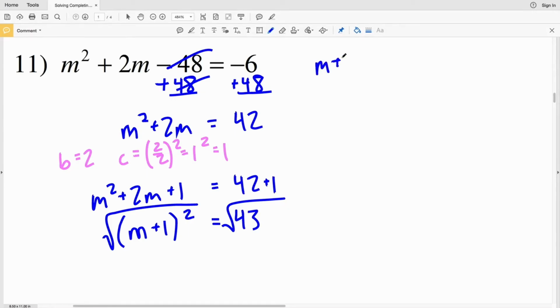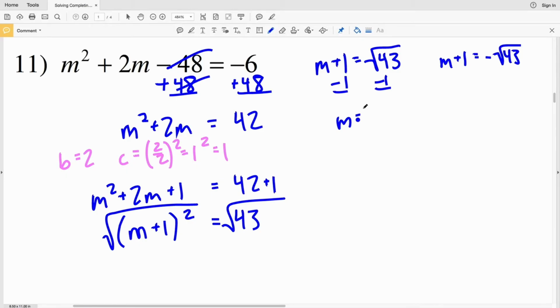So I'll have that m plus 1 equals the positive square root of 43, and m plus 1 will equal the negative square root of 43, since that negative squared is equal to positive 43. And this negative is on the outside of the square root of 43 because we're taking the square root of a positive number. So taking the square root of a positive number will give us a positive solution and a negative solution. So now what I'm going to do is subtract 1 from both sides to get that m equals